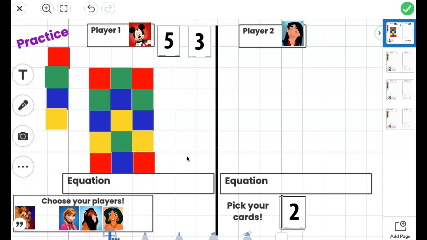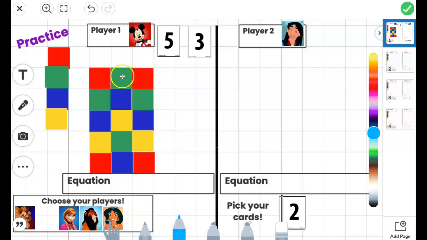Let's look at a few equations you may have written. You may have looked at our rows first, and you may have thought, well, I'm seeing that in this first row, I have 3 tiles. And in the second row, I have 3 tiles. In the third row, I have 3 tiles. In the fourth row, I have 3. And in the fifth row, I have 3 tiles. So you may have written the equation of 3